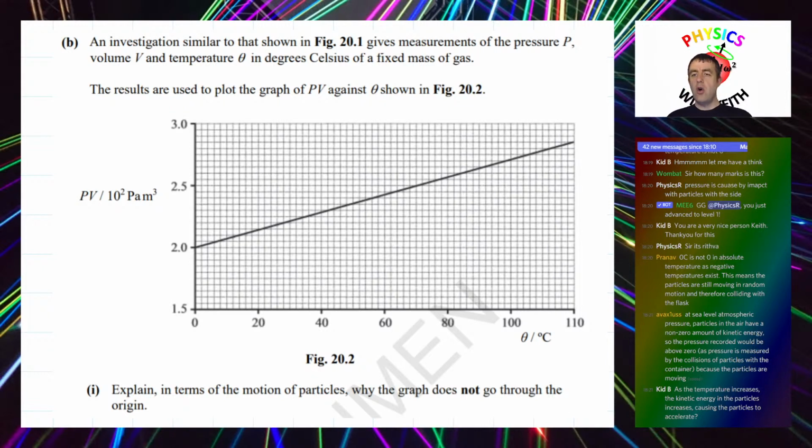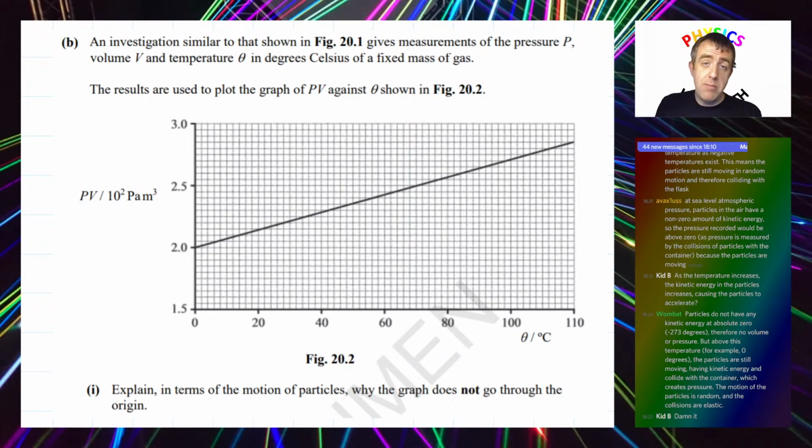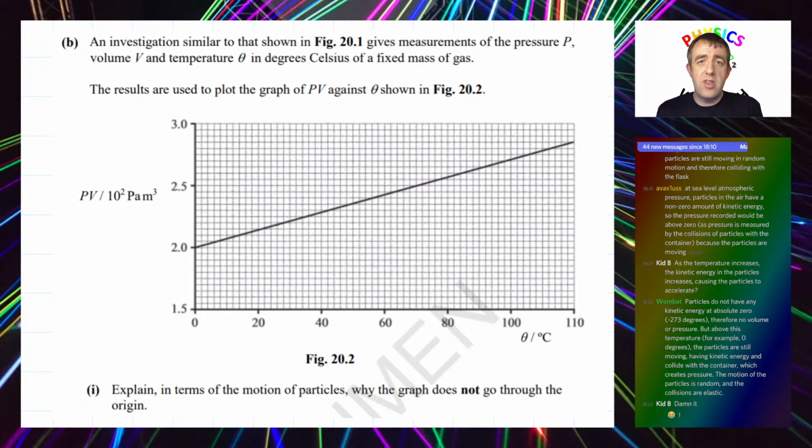So things to be cautious of, and this is especially for GCSE students as well. Pressure is not caused by collisions between particles. Don't say that. Don't say that collisions between particles cause the heat to be created or things like these. They're all answers I've seen students say. They're all incorrect. Pressure is caused by the particles colliding with the walls of the container, then being deflected, so they travel in the opposite direction.